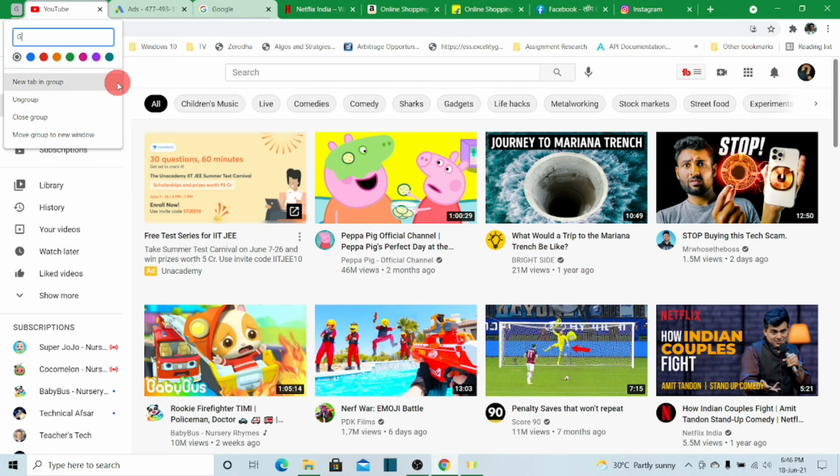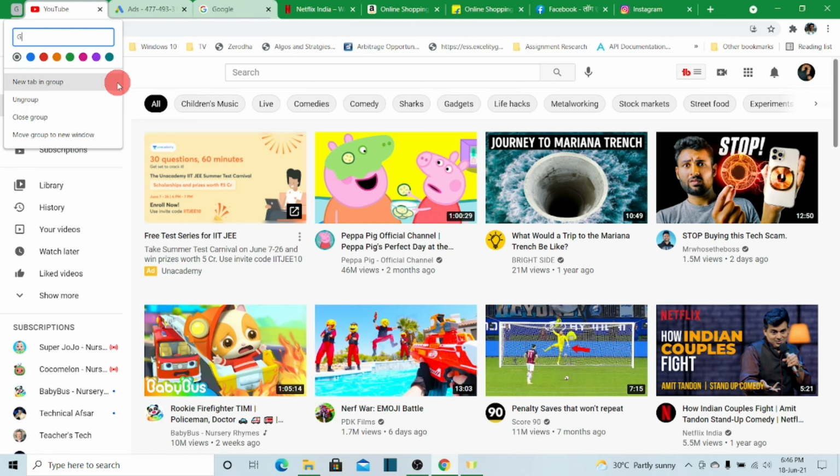So this way you have reduced the extra clutter that you had and you can focus only on the websites that you're working with. So you can always expand the other ones and you can collapse these. At any point of time, you will have at least one tab group open unless you have a tab which is not part of any group. So what you can do is you can create a new one and then you can collapse this.